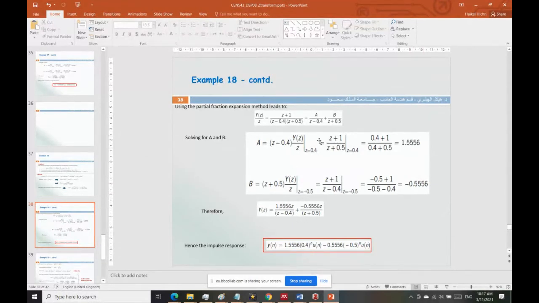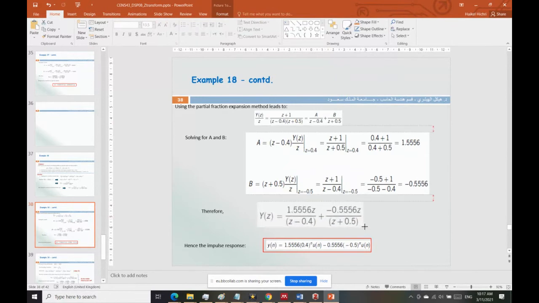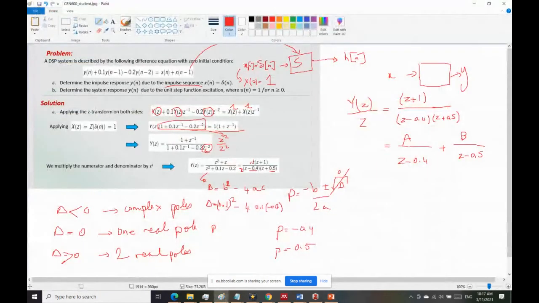So then replace a and b by their values. This is basically the z transform Y(z). Then we use the table. According to the table, the rule that applies here is